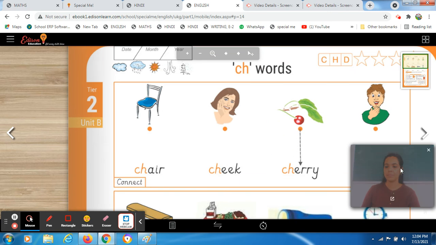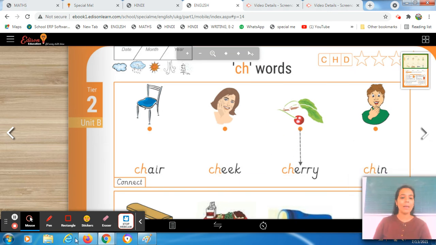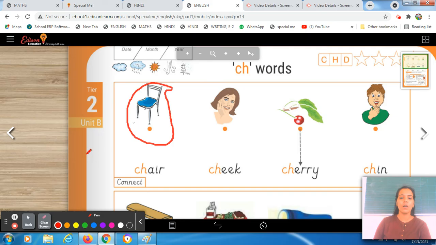Here you come. Take your pencil in your hand. You all have to match the correct image with the correct word. So start from the very first picture. First of all, see the picture very carefully. What will you observe? Have you ever seen this picture before? Yes, ma'am. This is a chair. Yes. Now read it over here.